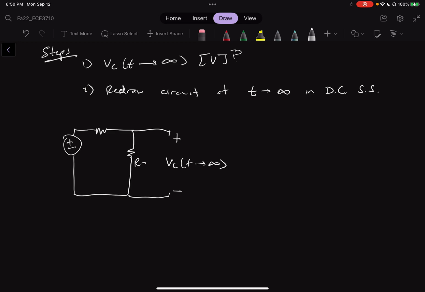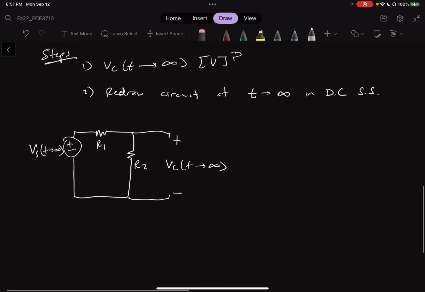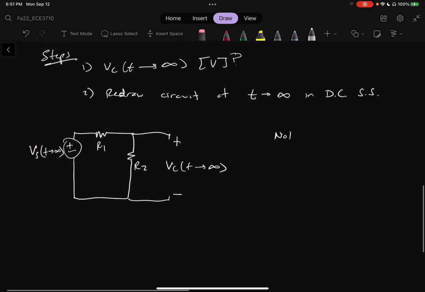This is R2, this is R1, this is Vs of t. And this is t approaching infinity. Okay? So if you look at this circuit, you should notice